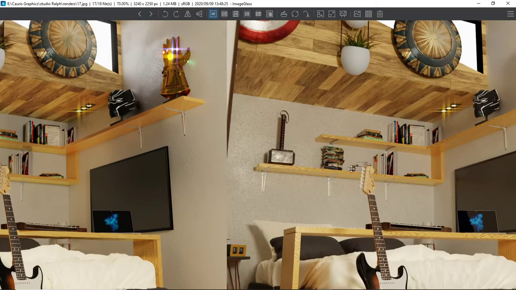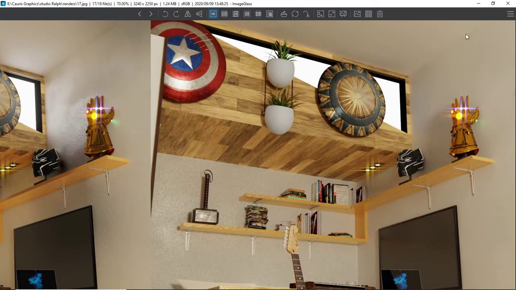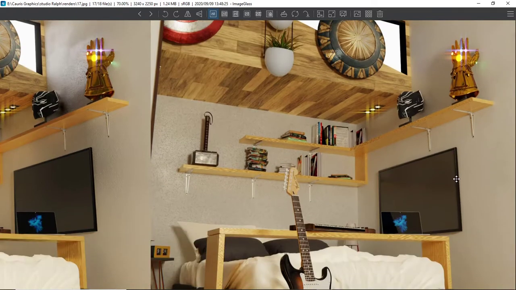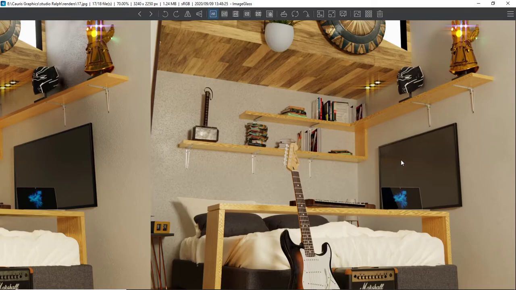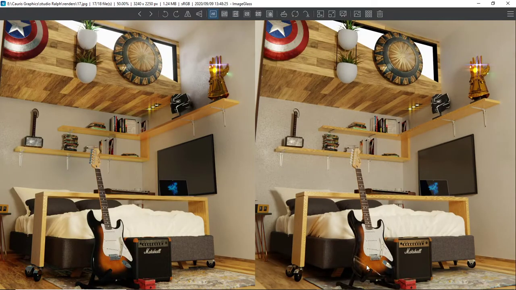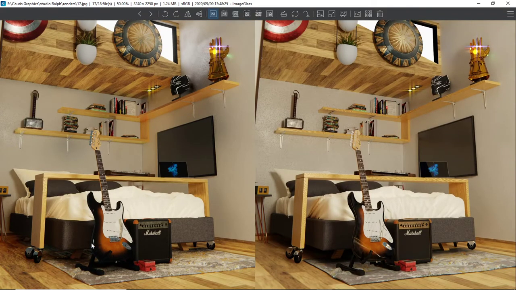Cycle is here, and you can tell it's Cycle because the transitions are smoother. I don't know why, but the details are lost, maybe because of the denoising. Plus, there is more accurate reflection here. For example, in this TV, because of the angle, it's called the Fresnel effect. The Fresnel effect is more pronounced here, and you have some reflection that did not appear here because it's out of the screen. So you get this reflection here.